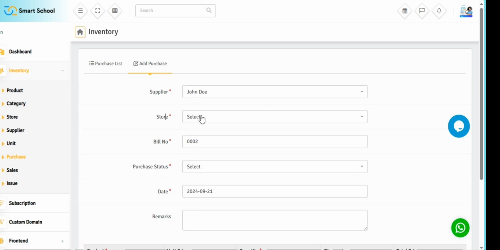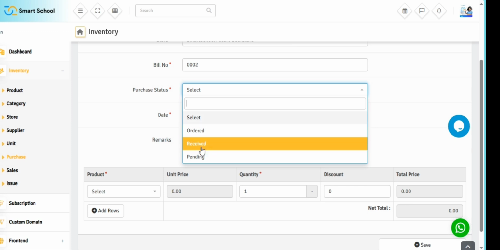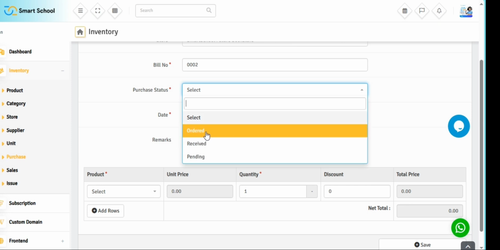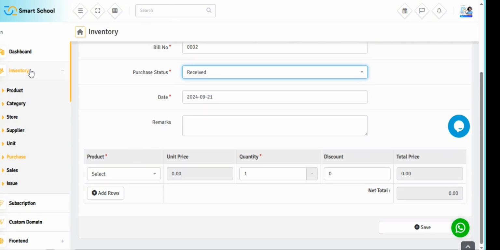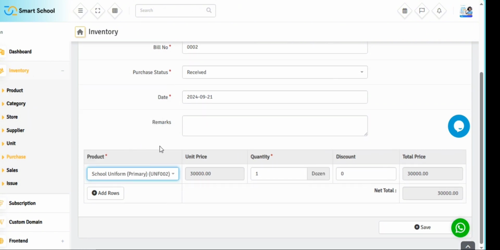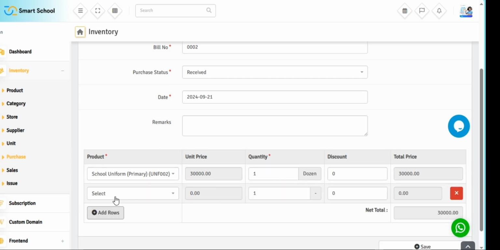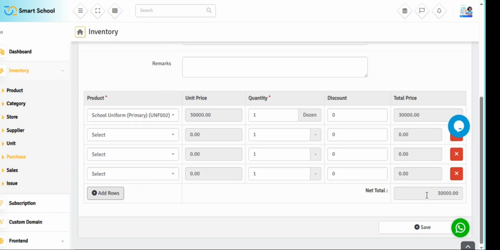You enter the supplier, the store name, that is the shop, then bill number will automatically be created. Then purchase status: have you ordered it, received, pending, and so on. You can say ordered or received, put a remark. Then from your product, you can select the product you purchased, and so on and so forth. After that, you can add as many products as you want, and the total payment will be automatically